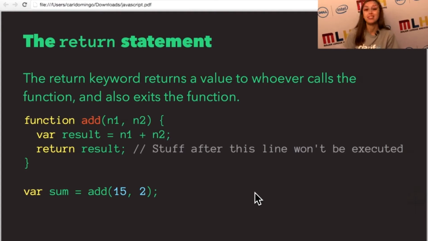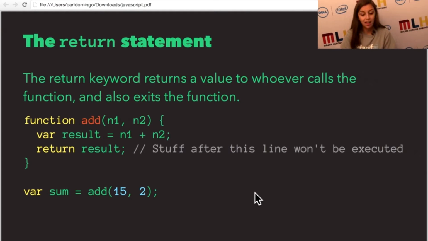There's also another thing in functions, that's the return statement. Now the return statement, let's just say you don't actually want to print anything in your functions. You want to set everything up so that way it prints later once the functions are executed. And this will happen when you have more and more in-depth functions and not just ones that are doing subtractions. The return keyword returns the value to whoever is actually calling that function, and it also exits the function. So once the return keyword is hit, nothing will execute after that. Because it's just exiting the function right there. But then it also gives the value, whatever you're returning.